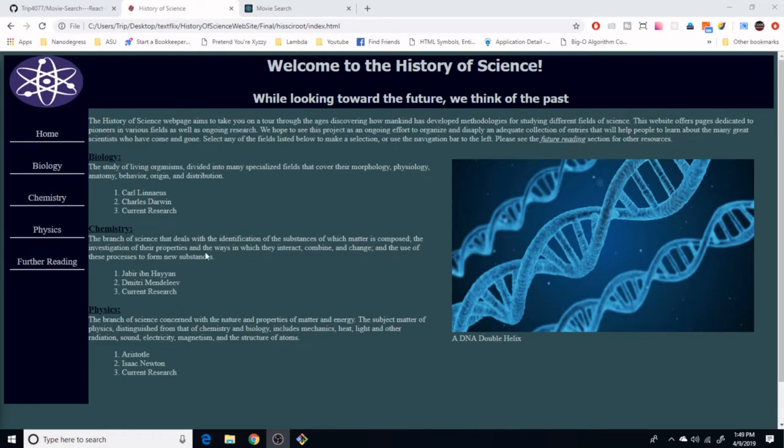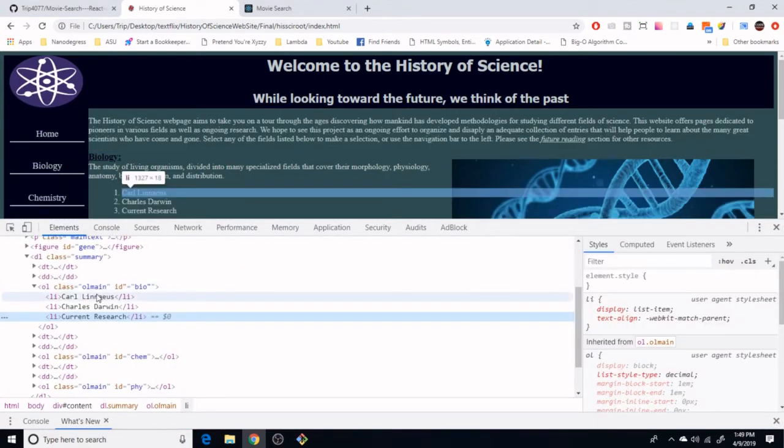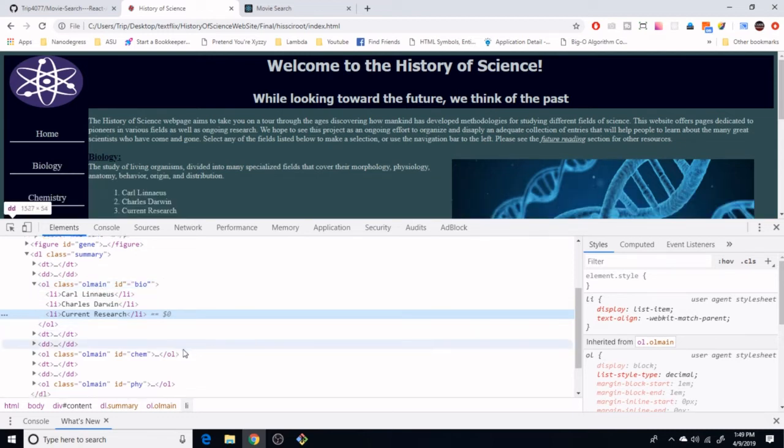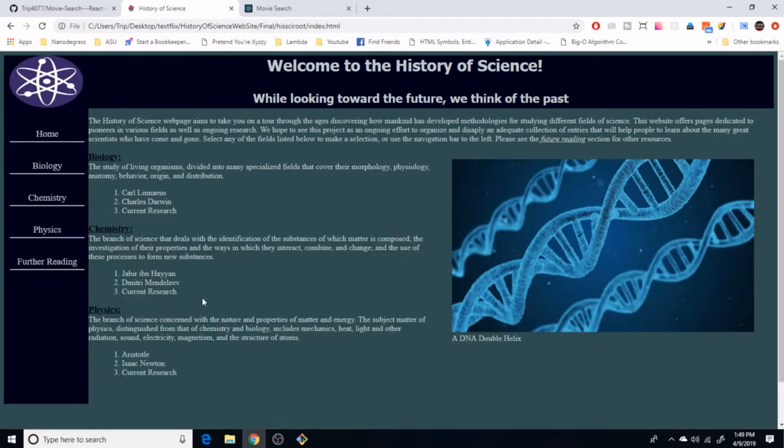Alright, so as you can see here, we have just an amazing website. The idea behind this is kind of a Wikipedia for science and scientists because I love science. We really just had free reign on this assignment for college. The professor really didn't care too much about the topic or the design or the layout. We had certain things we had to use, like certain tags. We had to use ordered lists and unordered lists, tables, those types of things in the code, which I will